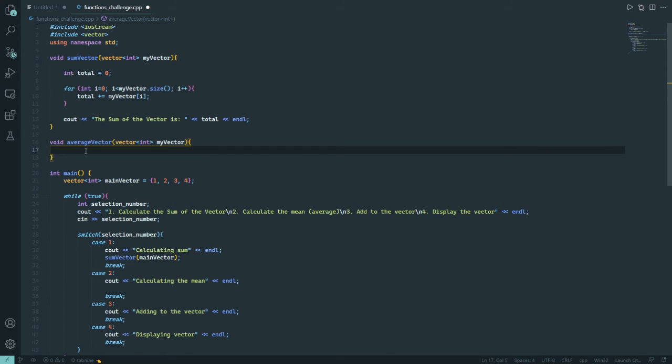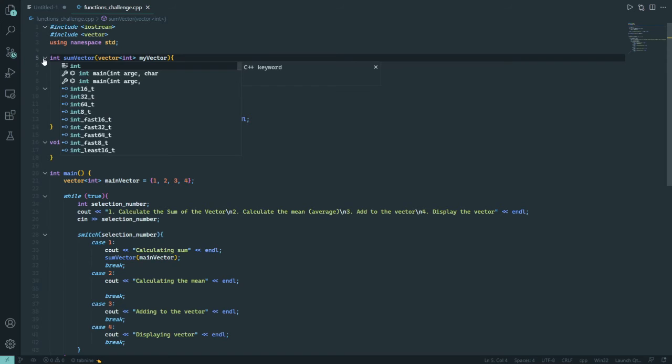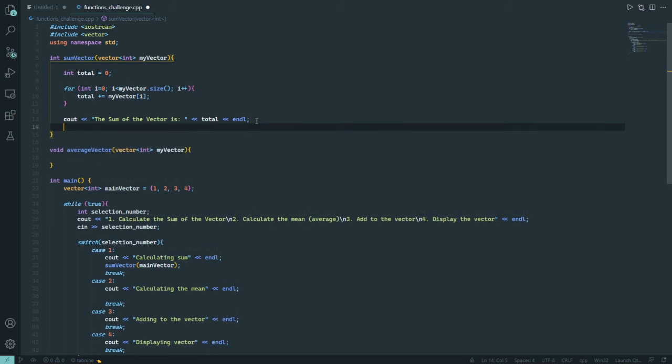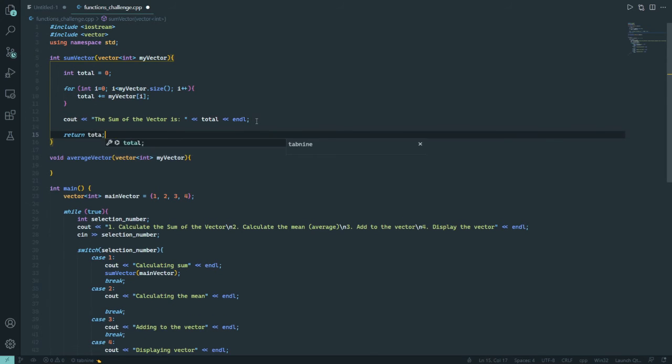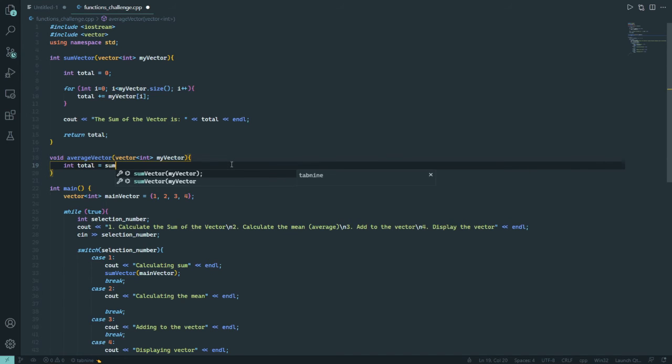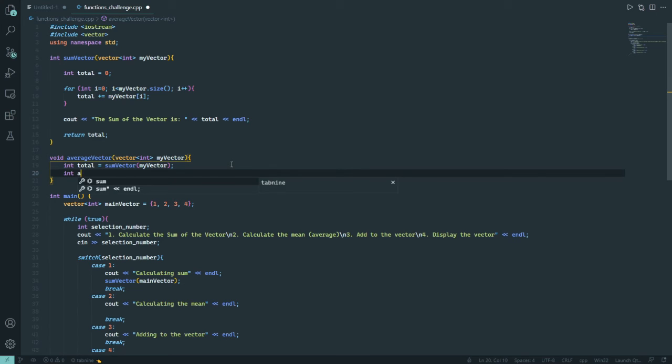So what we can do is we can just call this function. But what's the problem with calling the function here? As you can see, it's a void, so it's not returning anything. So what we can do is we can just say int, so it does return something, and we can just say to return the sum. So then it's going to be easy for us, since we can just say int total is sum of the vector, and we can just pass my vector,